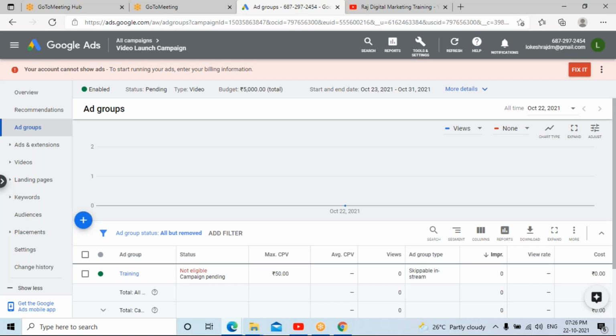Yes, sir. Okay. So we'll meet on Monday evening 5:30. We'll continue with Google Ads. There are two more types of campaigns, which are very important. Very commonly we use them in digital marketing. So we'll discuss that and we will see with the strategies how it is going to be implemented on different types of campaigns. Okay.